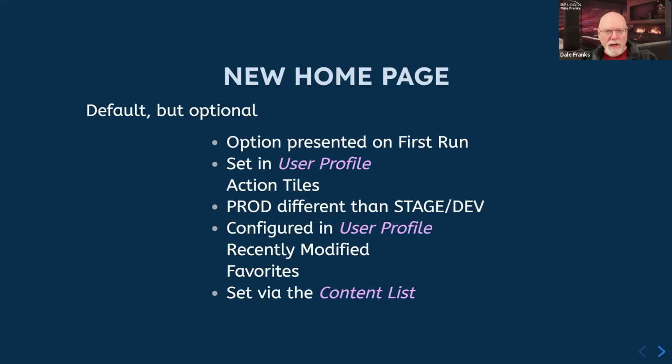There is also a recently modified section. So the last several items that you have worked on will show up in their own section, so you can just get to them directly from the home page, like the last item you worked on when you reopen Process Director. If you need to reopen that again, you just click on it and it takes you straight to that object. You don't have to navigate back to find whatever it was that you were working on. That just shows you in the home page.